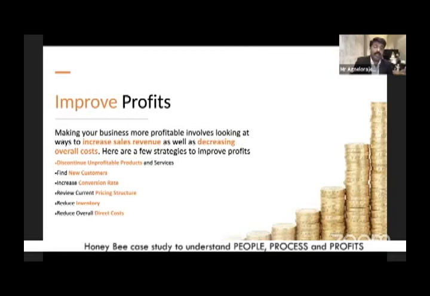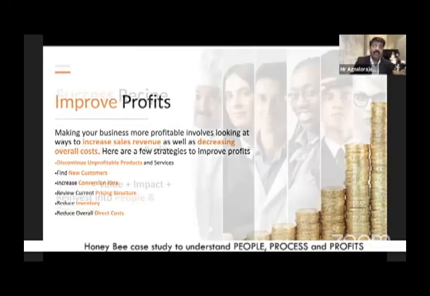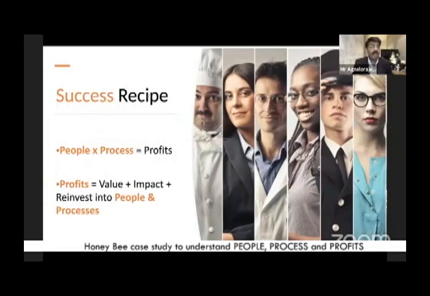We need to reduce inventory. Always carry the least amount of inventory, like how Japan says just in time. They manufacture just in time to absorb the demand of the market. We need to follow that principle in all lines of business that we are engaged and involved with. We also need to reduce the overall direct cost. When we follow these formulas, I'm sure we are going to be successful with our organizations.